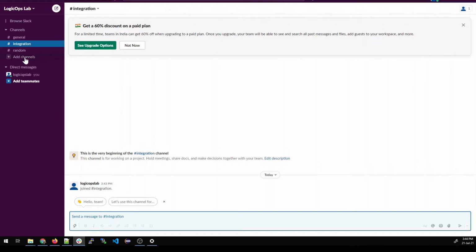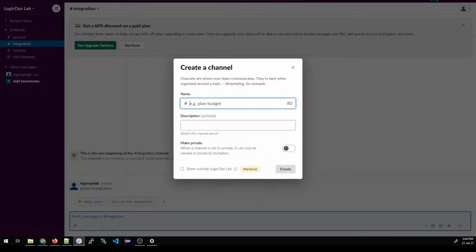Now on your left, add a channel. This is how you add a channel. Create a new channel, and we'll create a channel for our build status for Jenkins. So let us give it a name, Jenkins build status. You have to give a description also. It's not compulsory, it's optional, but it will make it easier for you to identify what's been going on in this channel. So it's just status of our builds. You can make it private, no one can find it, or you can make it public, anyone from the team can find it. That's all.